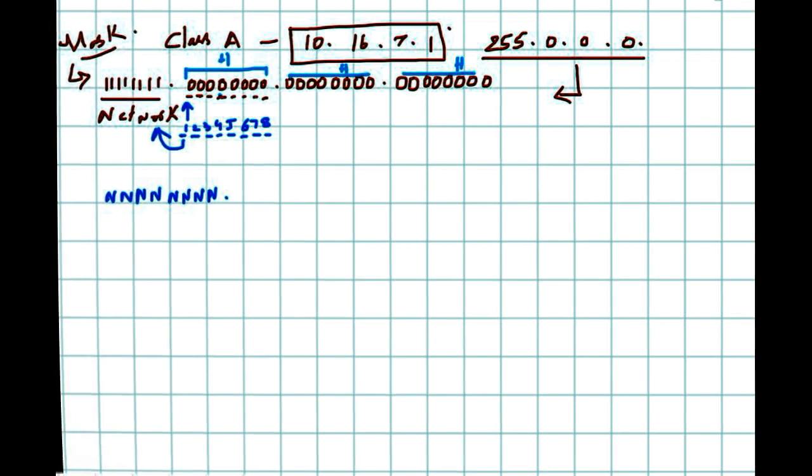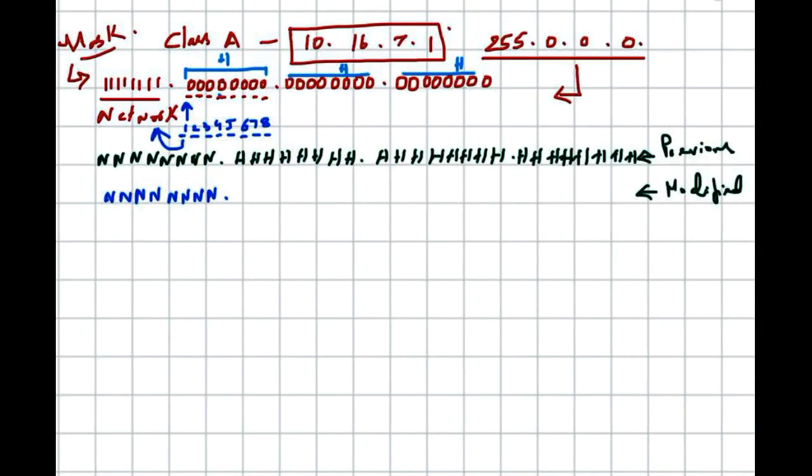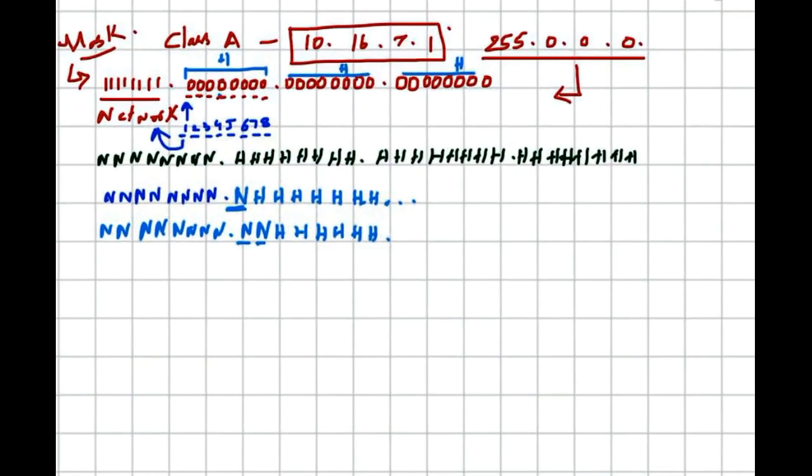Now previously it was like this. Now make this first one a network bit and the remaining are all host bits. So on, these are all host bits again. So you take the first bit and convert it into the network bit. Similarly, you can make the next 2 bits the network bits and the remaining host bits. So here are the network bits and these are the host bits.